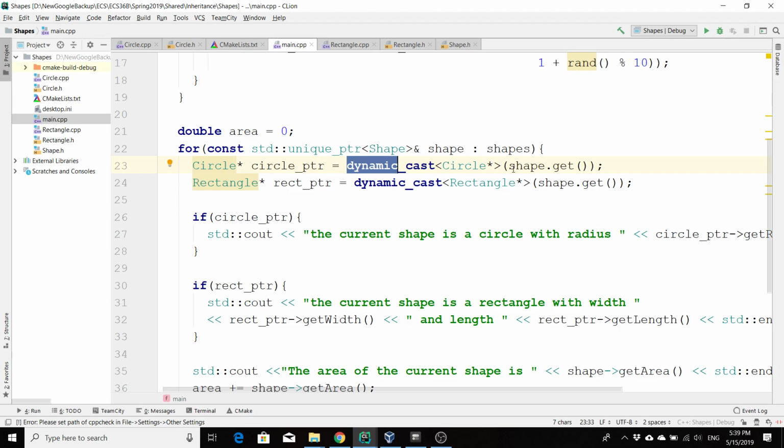Any other questions? Yeah. I mean, you can set a circle pointer to point to a rectangle, but what happens when you do that? It's kind of, I don't know, weird, right? We don't know